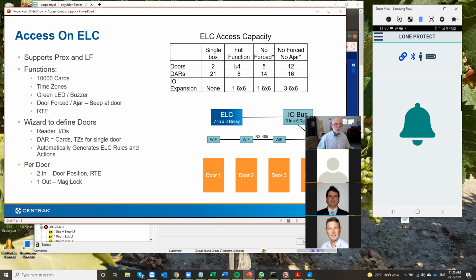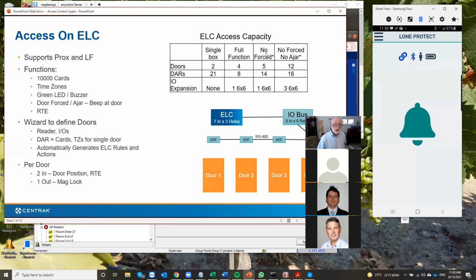Let's move on. If we want to drive 4 doors with an ELC, we can get full function, i.e. all of these door force, door jar rules, everything, all the rules in there, because remember, we're limited to 32 rules, plus an additional I/O unit for more relays, because here we have only 3 relays, and that won't be enough to drive 4 doors. It'll be enough to drive 2 doors, but not enough to drive 4 doors. So we're going to add another I/O unit. Now, if I want to reduce some of the complexity of the rules, so I need fewer rules in my rule base,